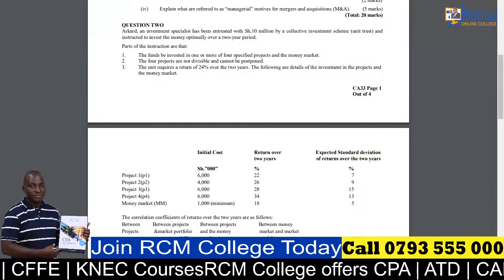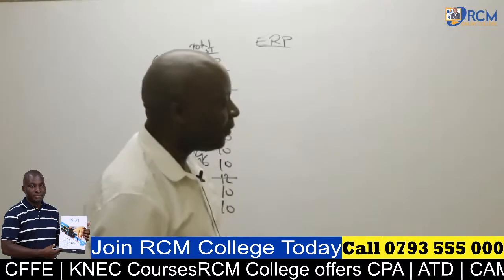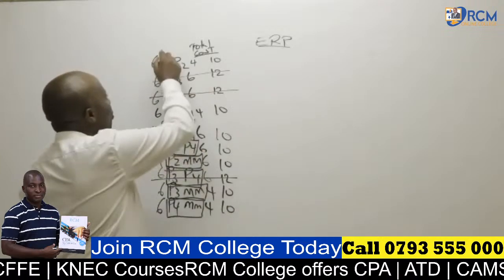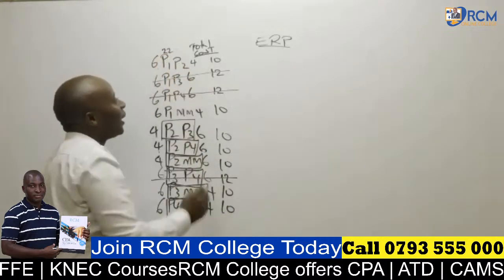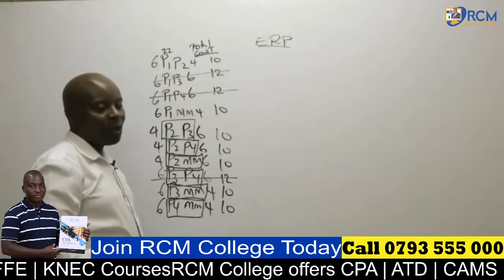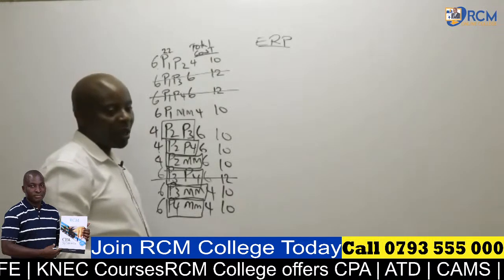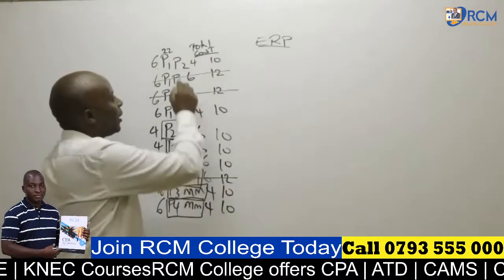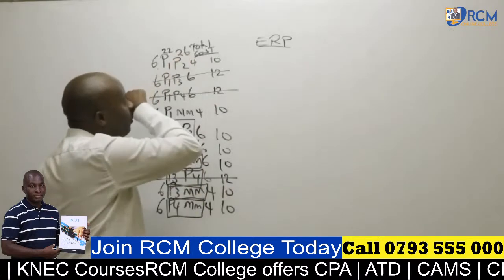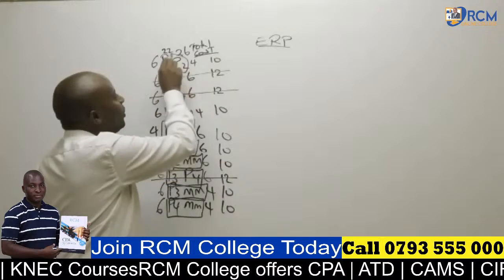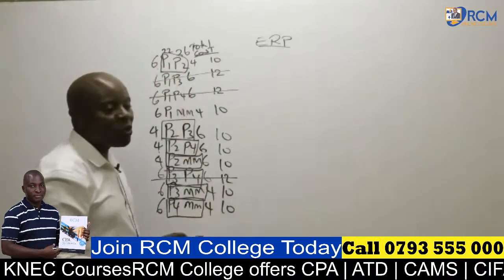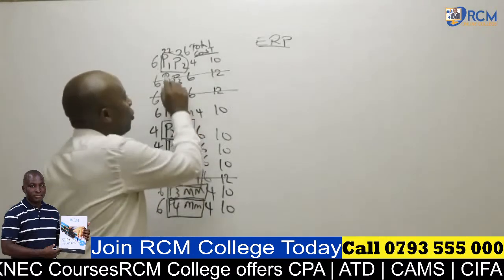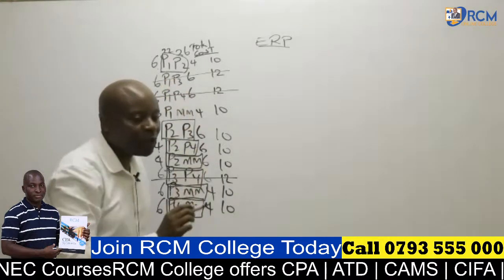Saidini mwalimu nyinyi mko na paper. P1 return umeniambia ni 22. How about P2 return? P2 return is 26. Now, if you form this portfolio, what do you think will be the expected return? If you form a portfolio of P1 and P2, what do you think will be the expected